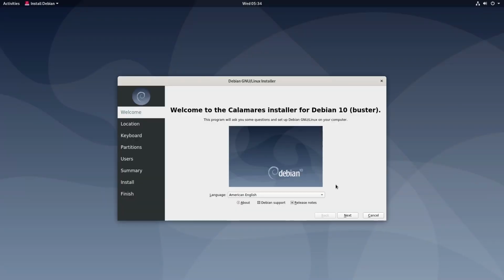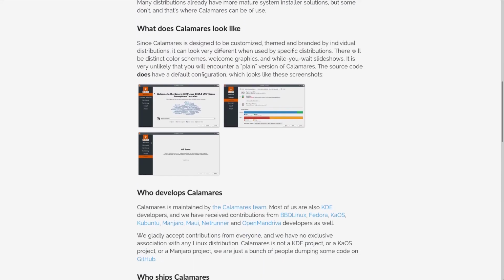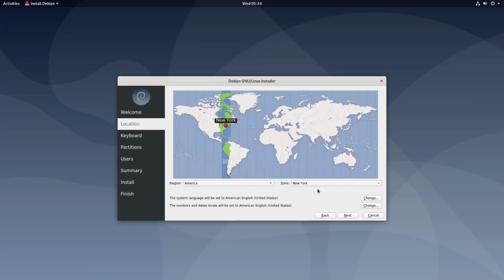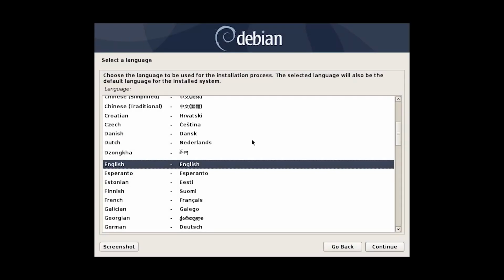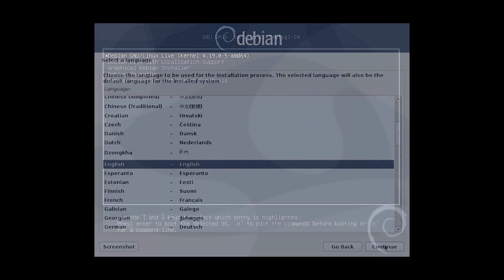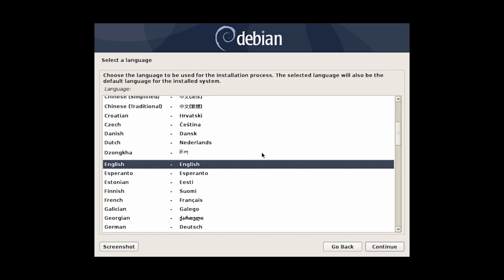Calamares is not a totally new installer, it has been around for a while. It is a distro-independent project, but you may be well familiar with it if you have ever installed Manjaro. Since Debian 10, Calamares installer is included in all live ISOs and can be used to install Debian. However, the installation ISO still uses the old Debian installer. You can also launch the default Debian installer from the start screen of the live ISO.